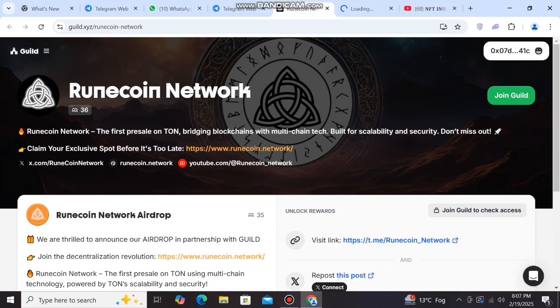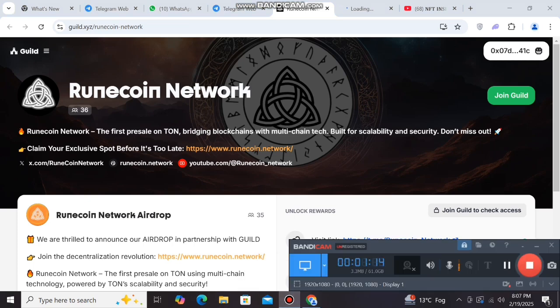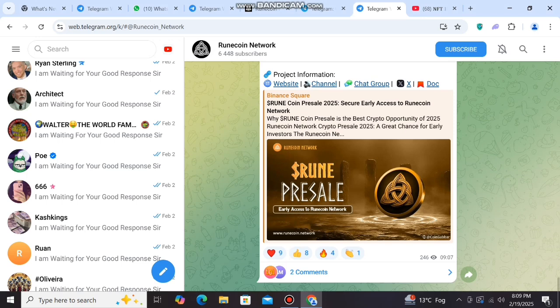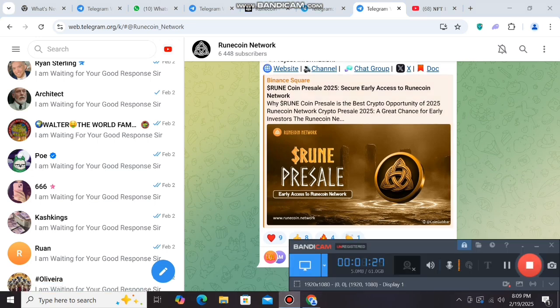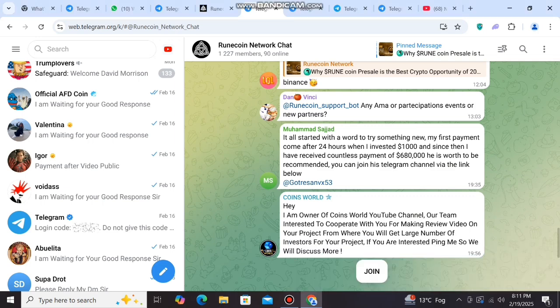And guys, the steps to join this project: the Telegram group channel and the Telegram group chat community. So we go to the Telegram group channel and group chat community and join now. Then you can participate in the airdrop. You can see this Telegram group channel open. You can subscribe now, and then we go to this project's Telegram group chat community. You can see it is open. You can join now.